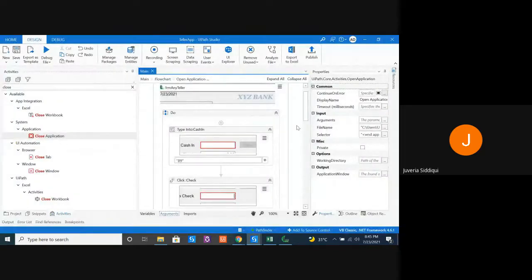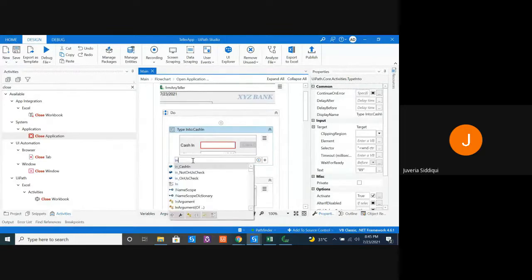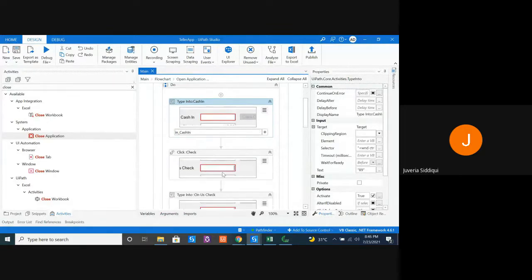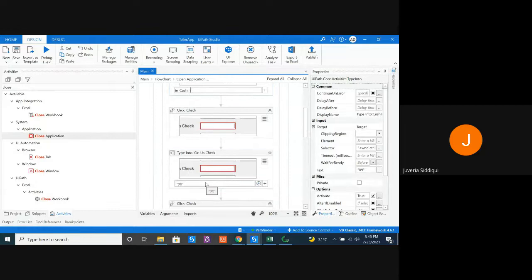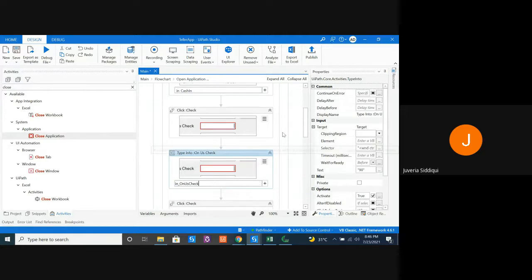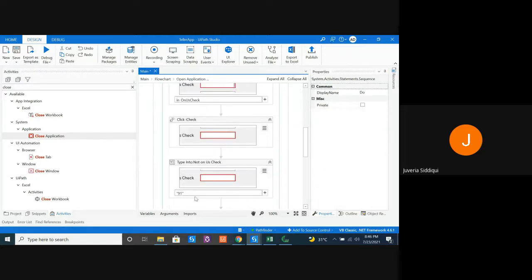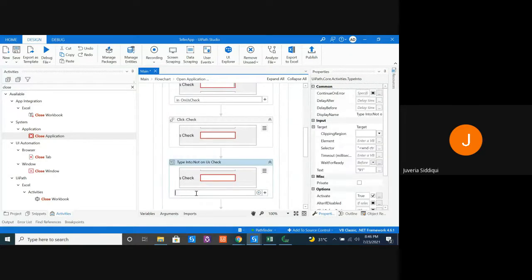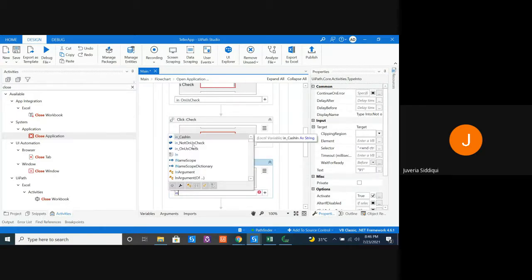Before we bind anything, let's start by first changing this hard-coded value. In caption, in the honest check, and in the not honest check.